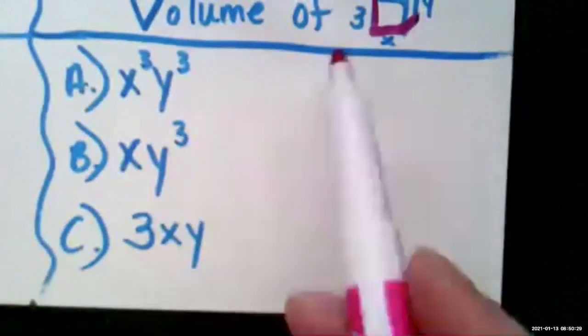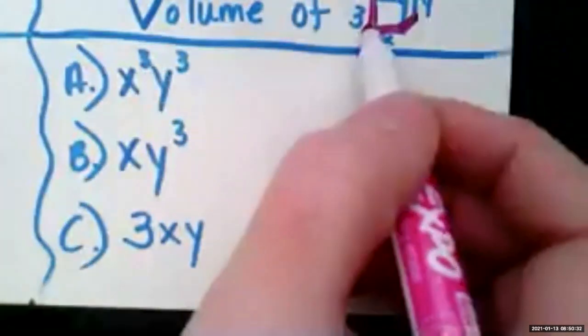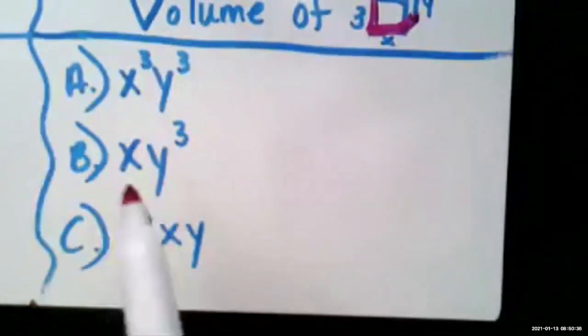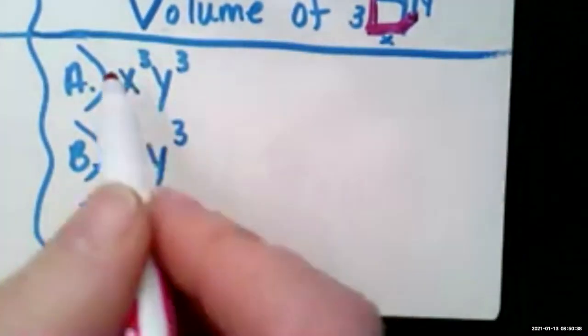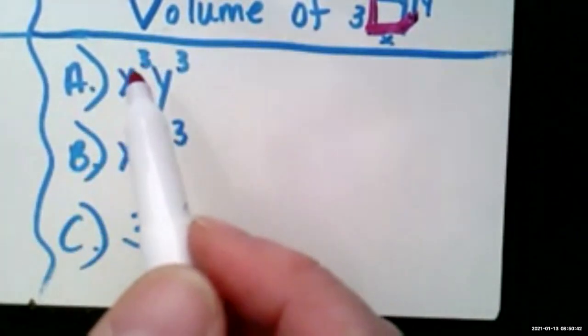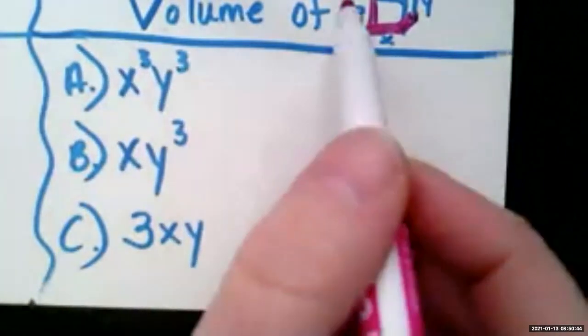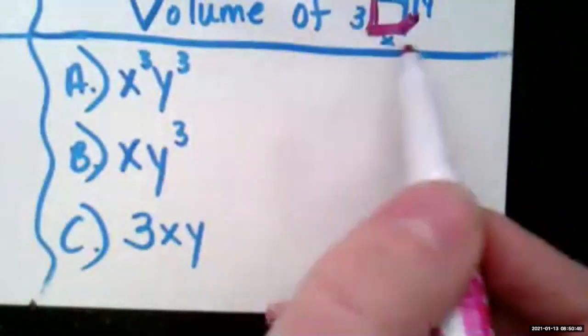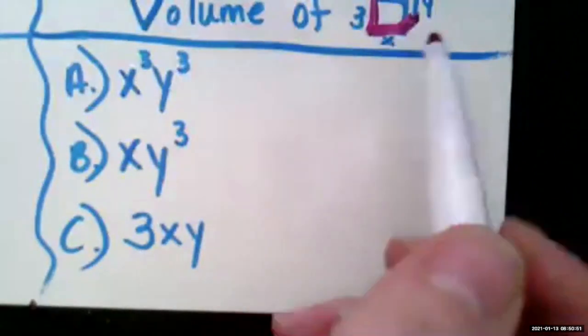So which one of these represents a side times a side times a side? Okay. So there's nothing that you're cubing here. Even though I said it's side cubed, that's only if you have a perfect cube. And that means that all 3 sides are exactly the same. But if they're different,